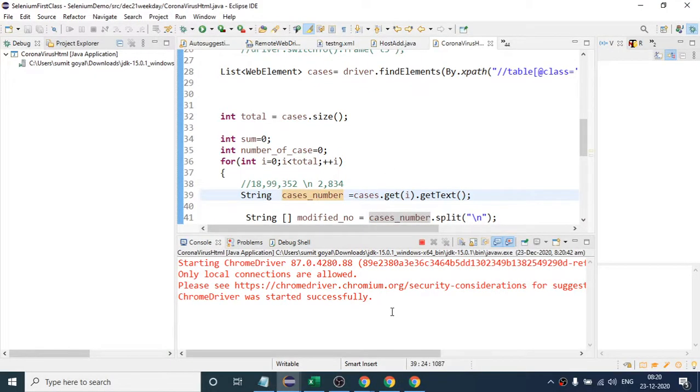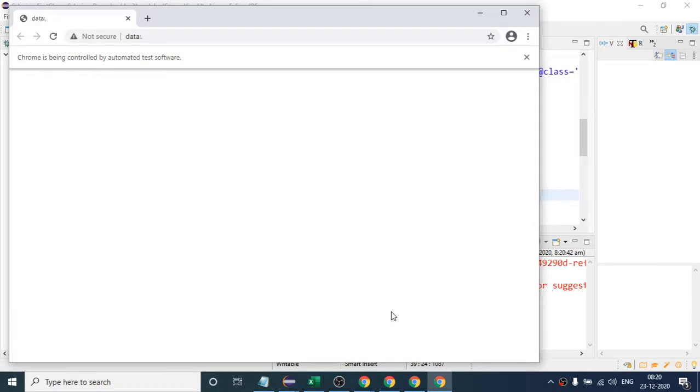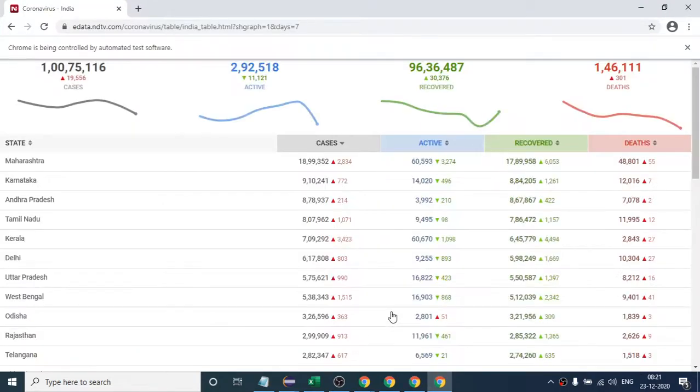So how will you find the rest of the data? Can we do total -2 in the for loop? Yes, this is what I am going to do. This is the other way. Again it will fail, right?